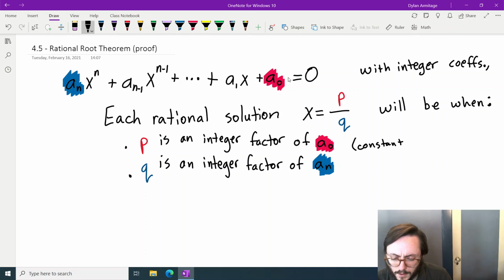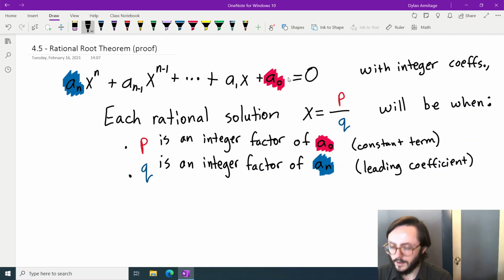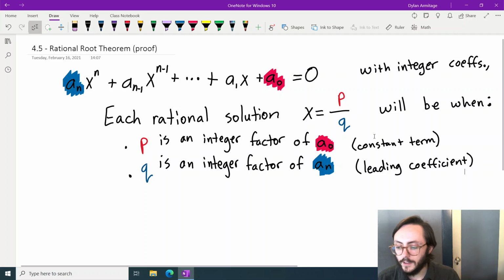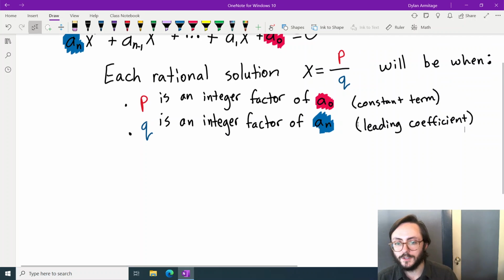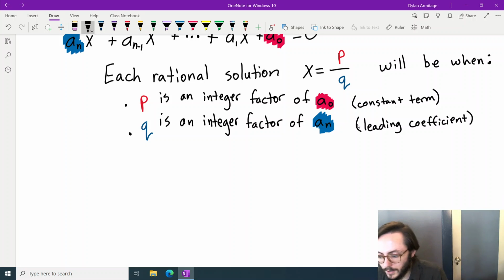Constant term. Here, this is the leading coefficient. Okay, and by polynomial, obviously these are all variables and parameters, but all I'm saying is that we have some polynomial, for example